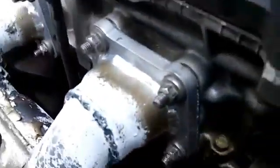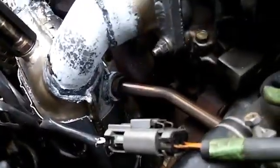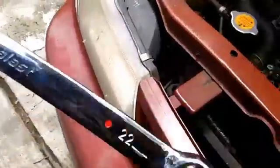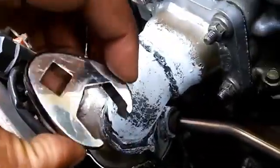So let you know right now, if you have an air tube like this, see how this is such a congested space, I can't really get a whole ratchet in here, and it's so tight. And then I tried to use my 22 millimeter wrench. I can get it on there somewhat, but the way it was set up, if I kept using this, I was going to strip that nut. So what I had to do, like I said, remember this: crow's foot, crow's foot. I'm not gonna try and put it on there now because my catalytic converter is hot,